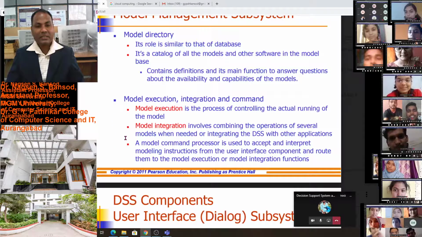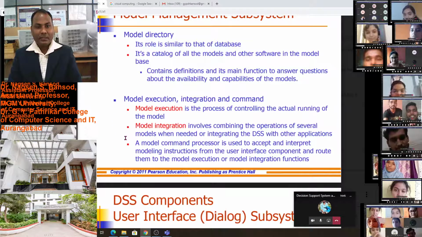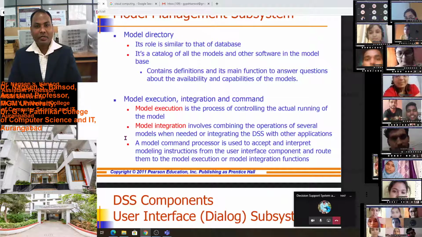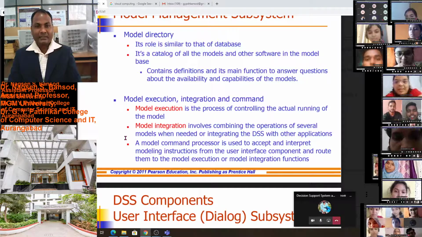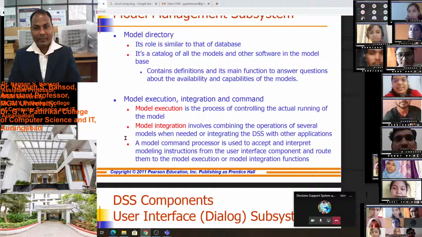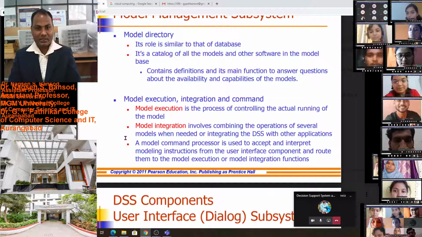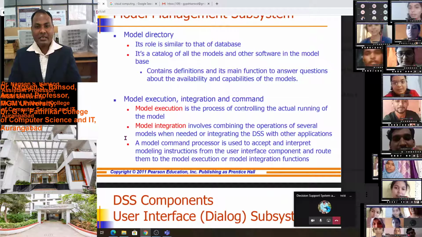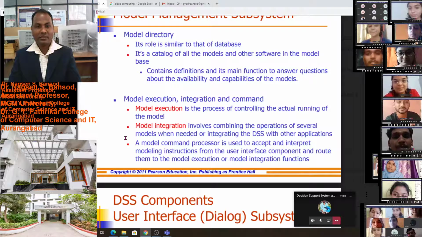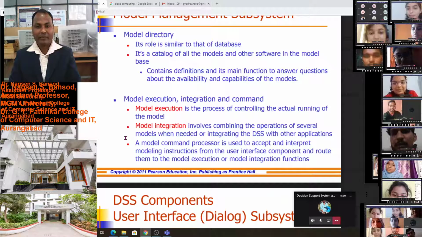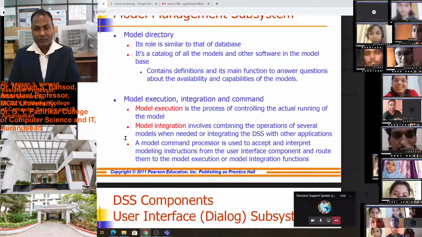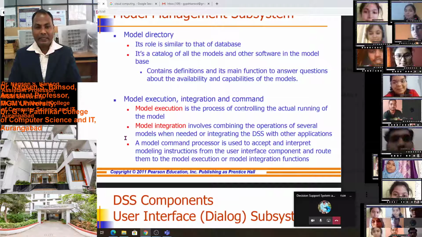As well as we studied the model directory. Its role is similar to that of the database. It is a catalog of all the models and the other software in the model base. Content definitions and other main functions answer questions about the availability and capability of models in the model directory.